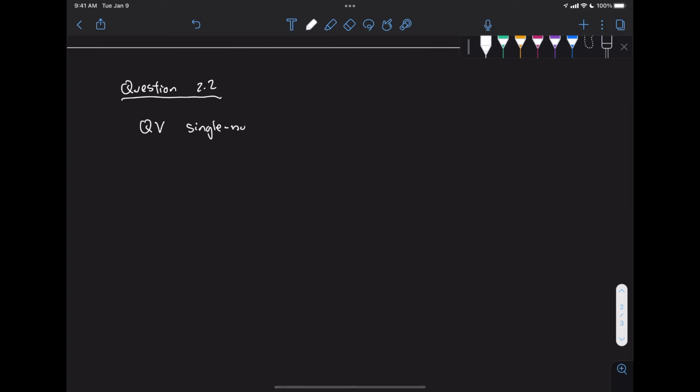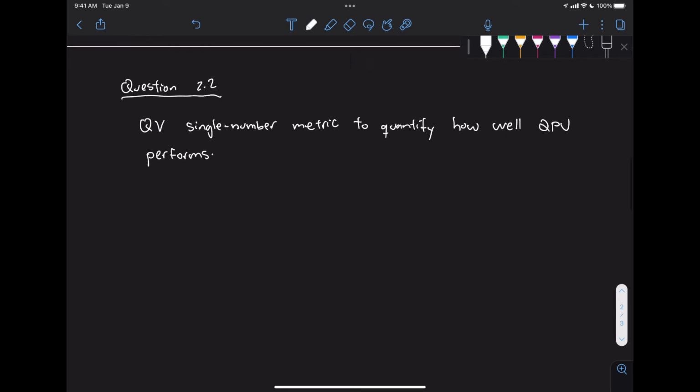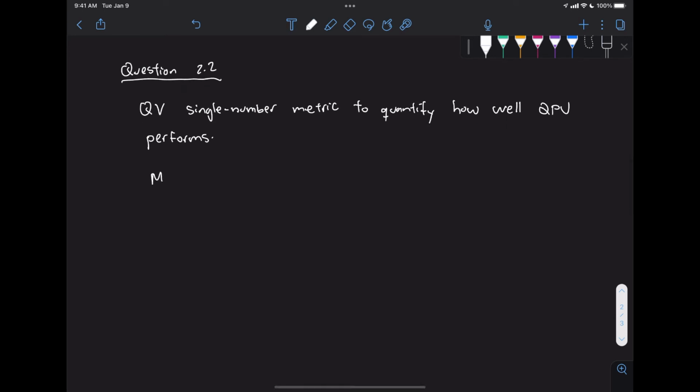So it's a single value that we use to quantify or to benchmark how well a quantum processing unit, or a QPU, performs, or how it compares to other quantum processing units, and this metric captures